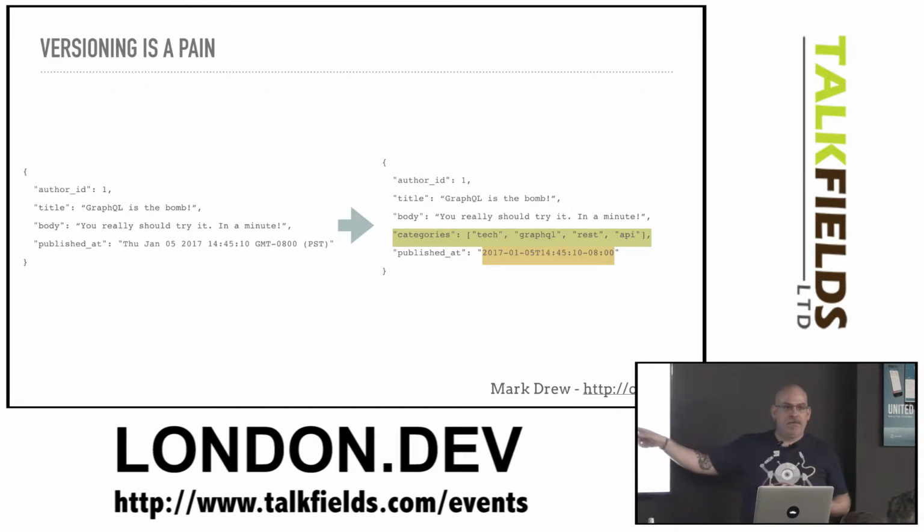If I change this, what's going to happen? My old clients are going to get angry, or I just have to support it and create a V2 version of my API that happens to have this. And if you step back a little bit and say, well, we've got continual deployment, we've got many changes, we have big ways of changing and refactoring our app, now you can't. Now you have to leave this old legacy code, including the backend database, running whilst you create your V2 or V3, V4, V5, V4.475 version, and it becomes madness, right? So those are the problems that REST gives you.